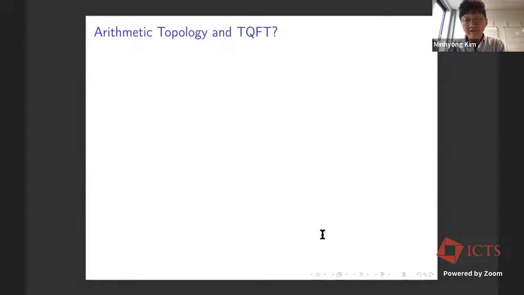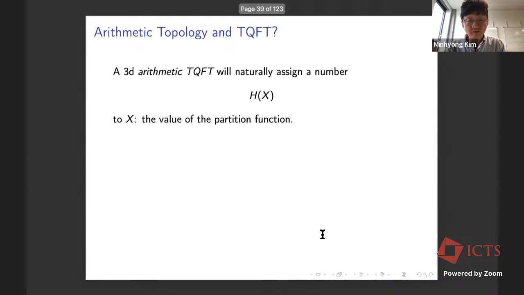But if you had an arithmetic topological quantum field theory, what it would do is it would assign to something like this arithmetic three-manifold, Spec of a ring of integers, right? A single number. So this is supposed to arise as one of those path integrals. You'll have some fields on X, and you'll have some action, and you'll have a path integral over all fields of the exponentiated action. So that should give you a number. That's the idea.